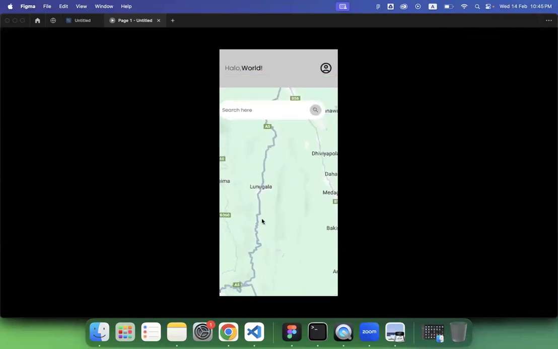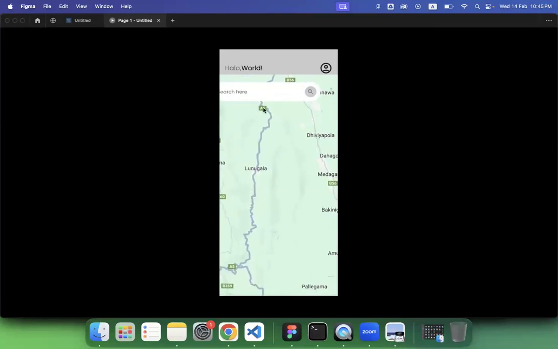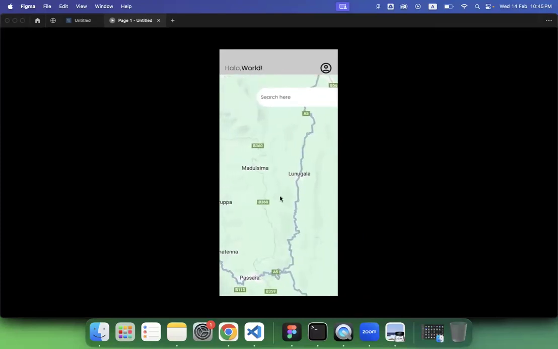And you can scroll. You have to make this one fixed, the search bar, and the other part is scrollable